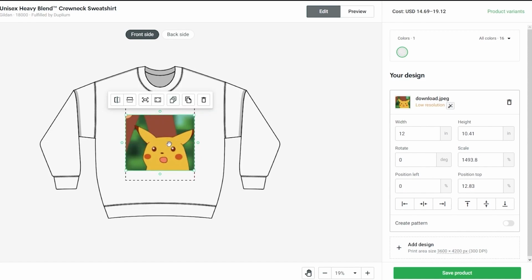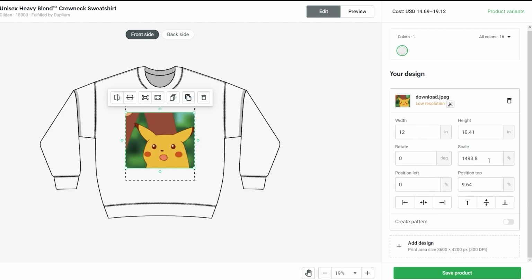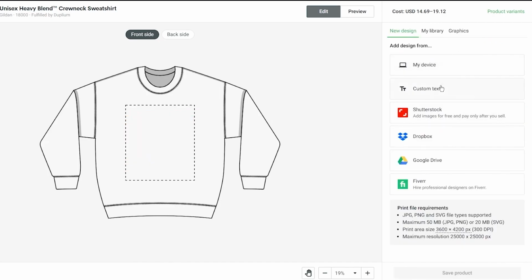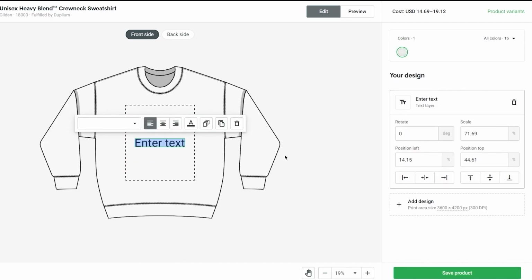You can increase the size like that, keep it in the middle, and look at that. You can just increase its size like that, and then you can start adding more designs. So that's how you can add photos, but you can also add texts like Happy